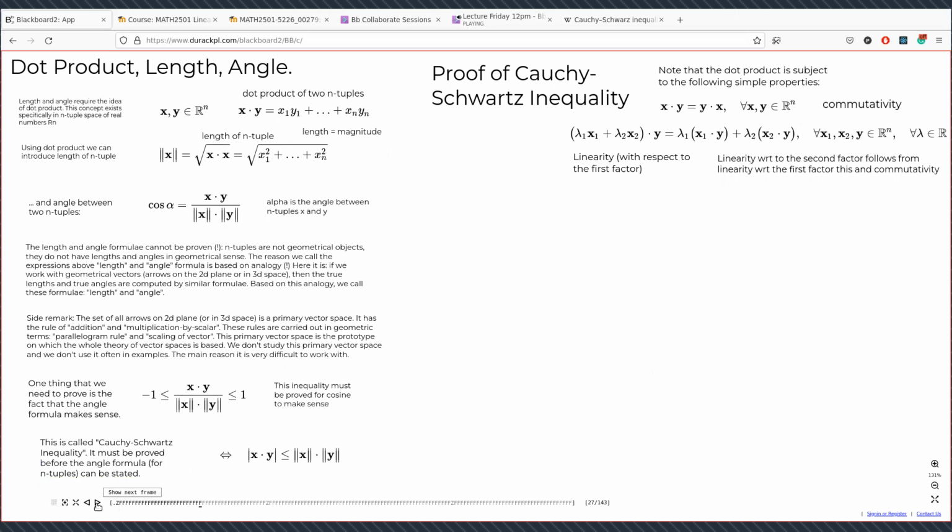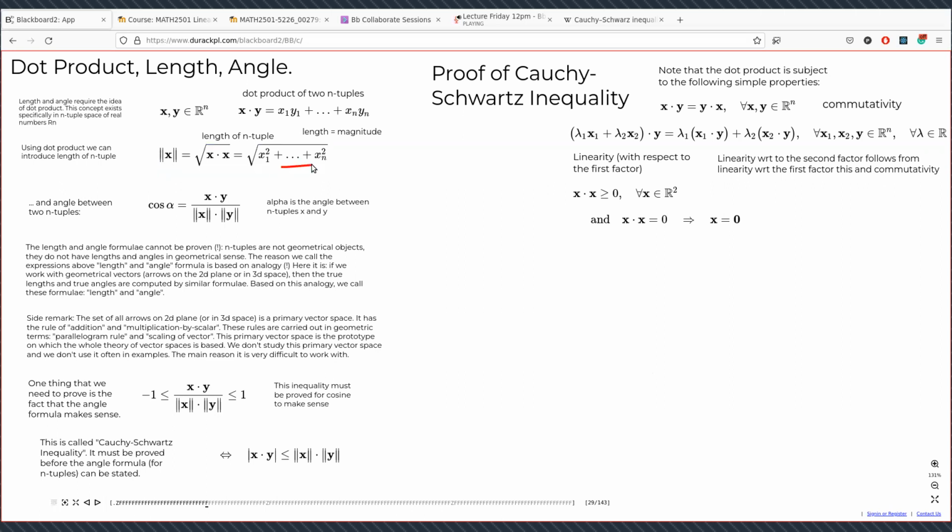The third property is not difficult, but it probably will be a new thing, so I hope you remember it. If you do a dot product of a vector with itself, it's a non-negative value. It's again evident from the formula for a dot product. That's the reason we could take a square root and end up with a non-negative value for a length. Also, if it happens that the dot product of a vector with itself is 0, the vector itself is 0. It's because you have a sum of squares and it equals 0,